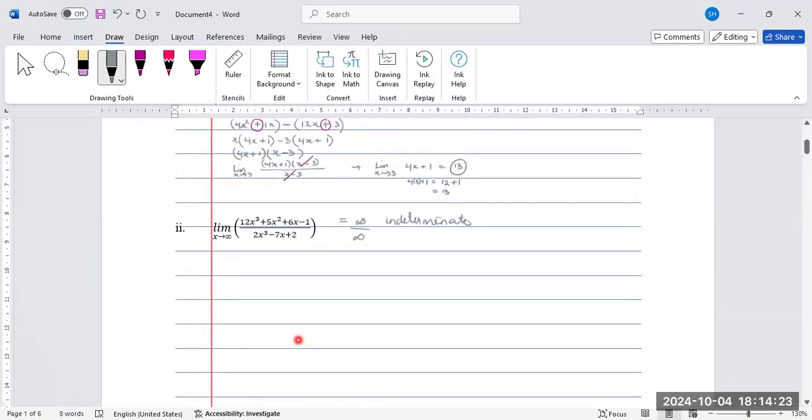All right, let's go. So Christy is saying that we're going to find the limit as x tends to infinity. And I've identified now where she identified that x cubed is what we're working with. So it's going to be 12x cubed over x cubed plus 5x squared over x cubed plus 6x over x cubed minus 1, all over 2x cubed over x cubed